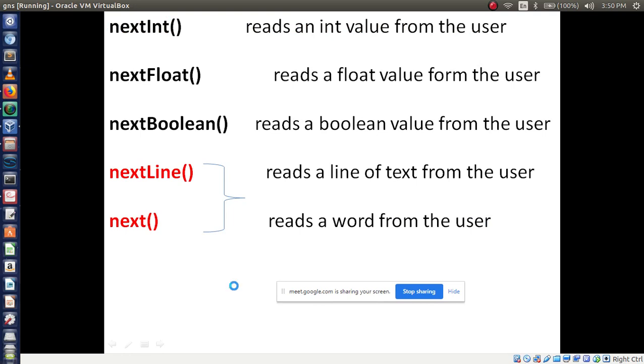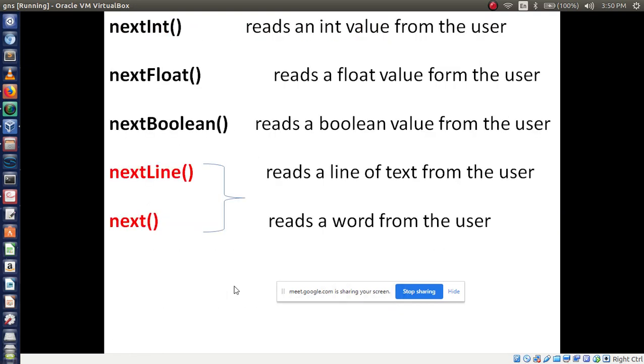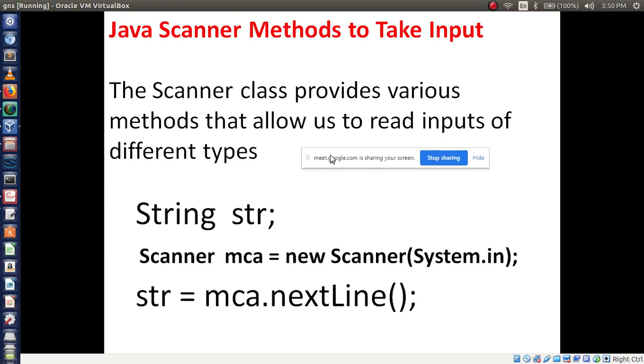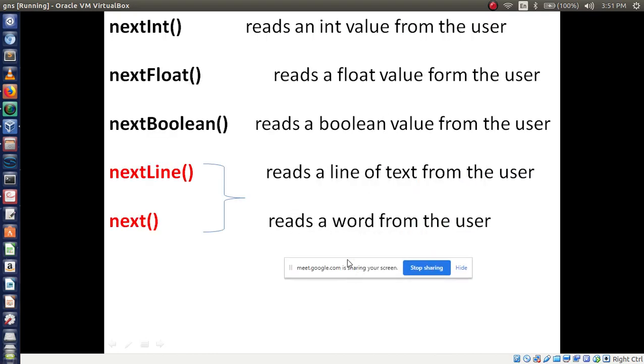Is that clear from this slide? Okay, now see, I told you to write these methods: nextLine, nextInt, some methods are there, so we have to use them based on data types. If we are using the int data type, we have to use which method? nextInt. We have to use nextInt compulsorily.